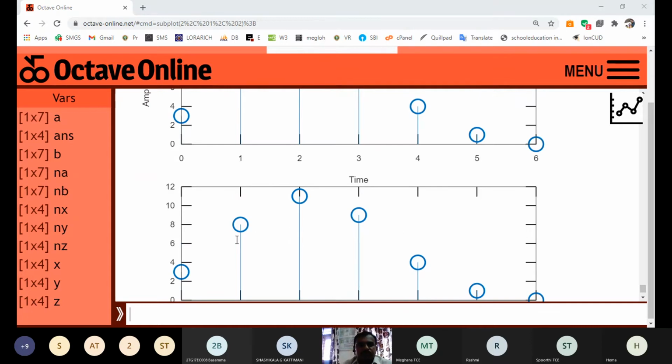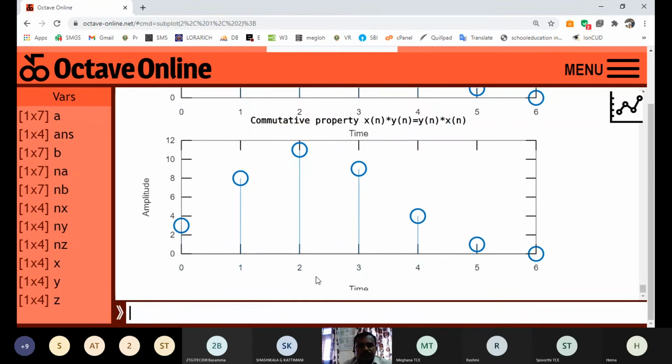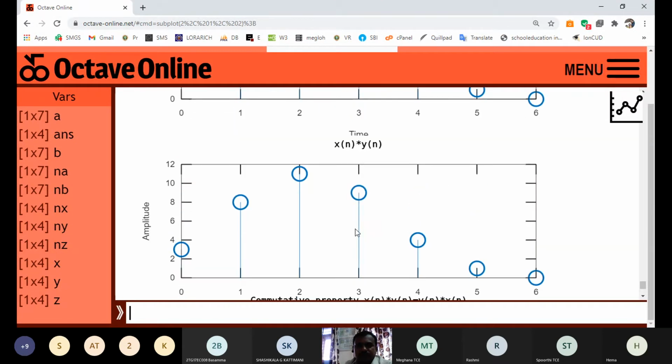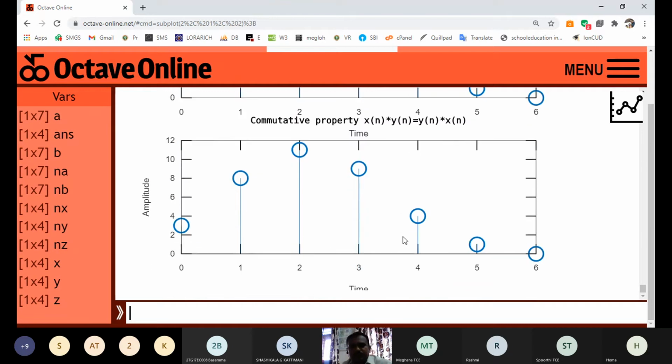Let me put the X label and Y label and title. X label time, Y label amplitude, and the title is the commutative property, X into Y is equal to Y into X. So this graph is proving the commutative property. It is a proof.